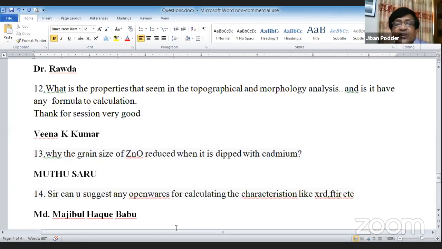So the cadmium breaks the fiber chains, and ultimately they form a small grain size due to the cadmium. The grain size is mainly reduced because of the addition of cadmium, and that can change the oxidation